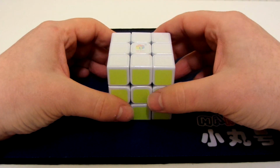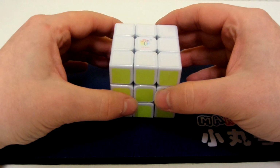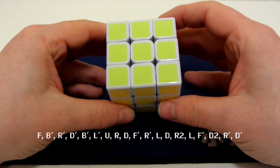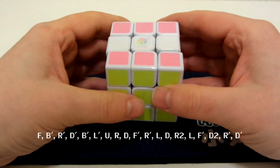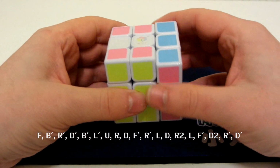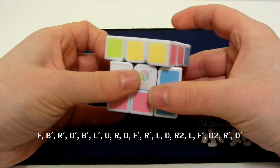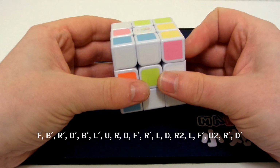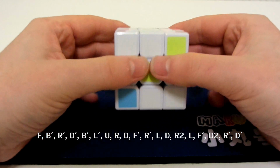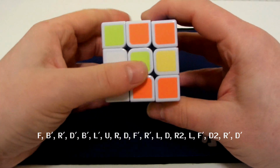In this video I'm going to show you how to make the two multicoloured framed cubes in a 3x3 pattern, and this is a really good pattern I think, and the algorithm is F, B prime, R prime, D prime, B prime, L prime, U, R, D, F prime, R prime,